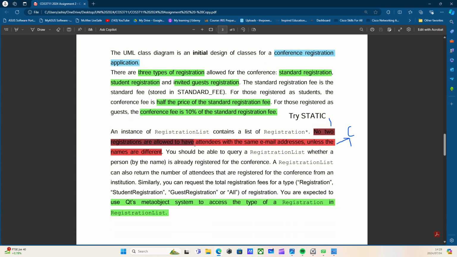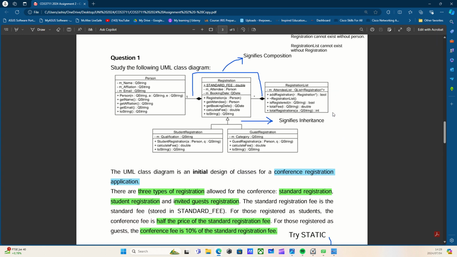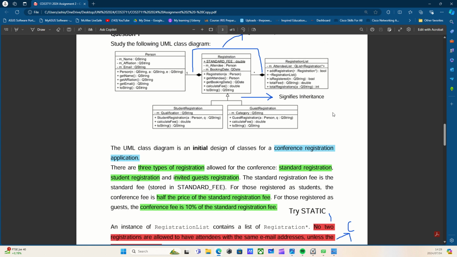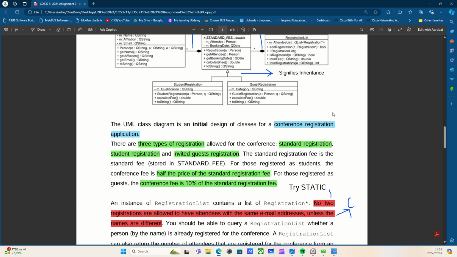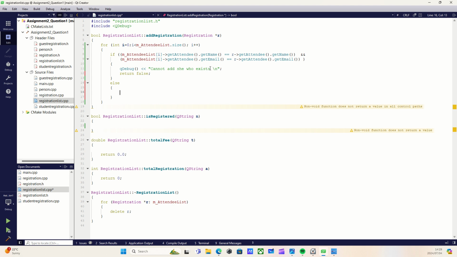No two registrations are allowed to have attendees with the same email address unless the names are different. Cool. No two registrations allowed. No two registrations. I was even telling myself try static this. I'm annoyed with how this thing is phrased. Anyway, worst comes to worst, I'll have some marks knocked off me, but hey, what can I do about that, right? No two registrations can have the same name and the same email, else then within my